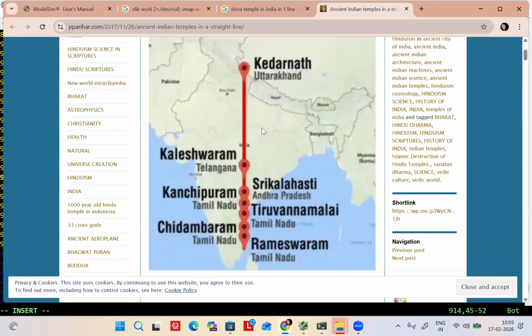Kedarnath, Kaleshwaram, Kanchipuram, Srisailam, they are all Shiva temples, and all these Shiva temples are on this one straight line. The thing is, not all the temples were built by the same king. They were developed by, for example, the Cholas, maybe the Vijayanagar Empire, different empires, and all these temples are on one straight line.